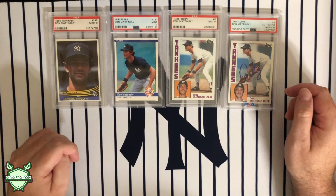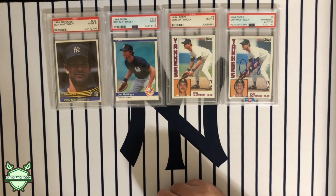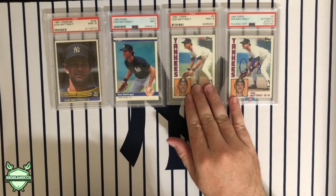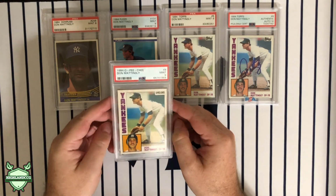Hey folks, this is Chris, Highland CCG. Got my Don Mattingly rookie cards out here for a good reason, because I recently picked up the last one. Obviously this is a duplicate, one being signed, one not signed, but we have these three. But then I was missing one, which is the O-Pee-Chee